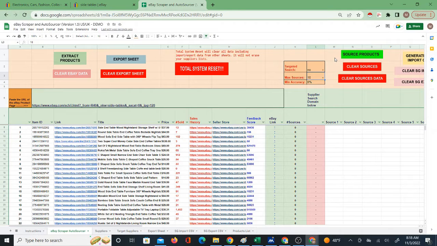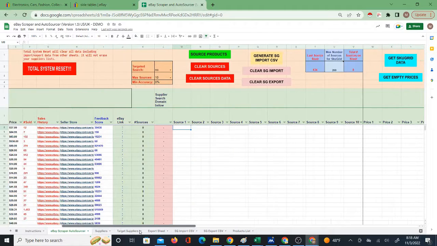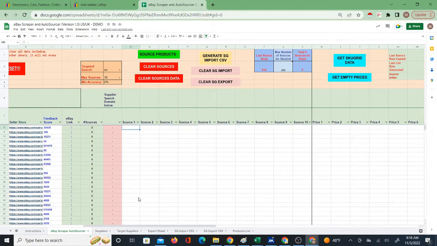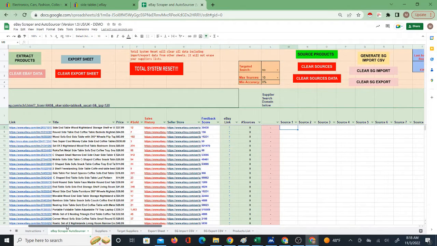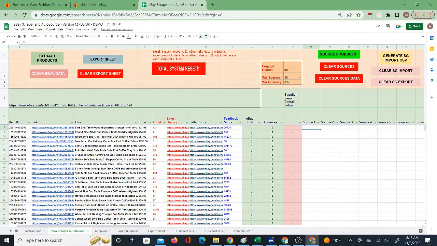And then I have the maximum number of sources. That is the maximum, the most sources it will basically print out on the sheet at a time. And then we have the minimum accuracy. The minimum accuracy is a little more complex to understand, but basically it is the